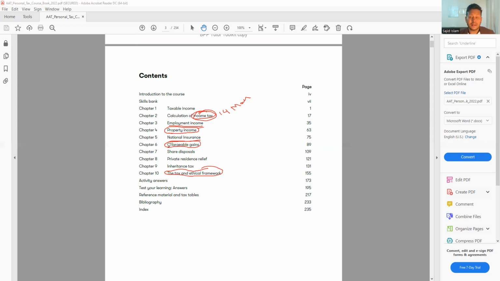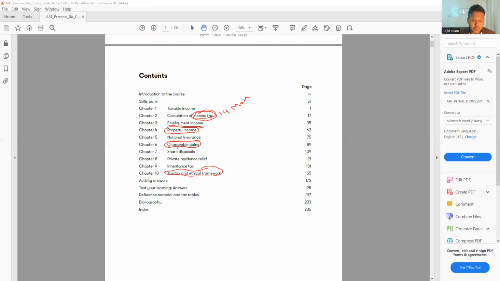Let's say in 1950, you buy a painting for £5,000, and today you sell this painting for £50,000. So you make a gain of £45,000, and you need to pay some tax on that amount. It is called capital gains tax. When you make a capital disposal and make some gain on that, you have to pay some tax. This is called capital gains tax. There is some exemption there, something called chattels. We have to know this from this chapter.